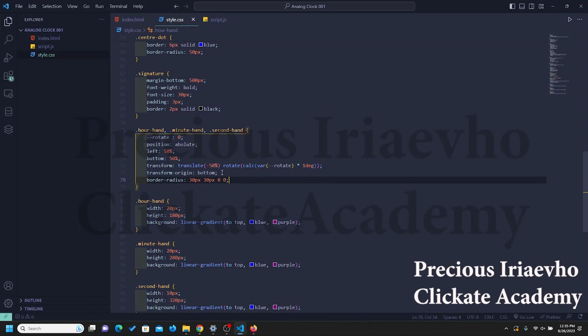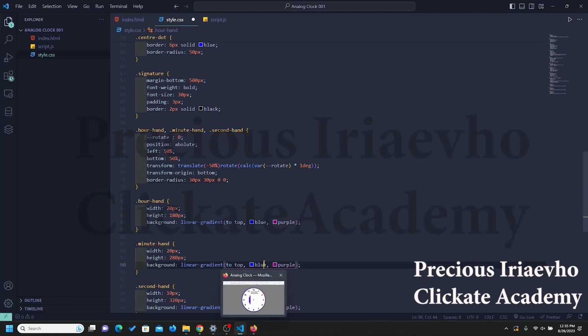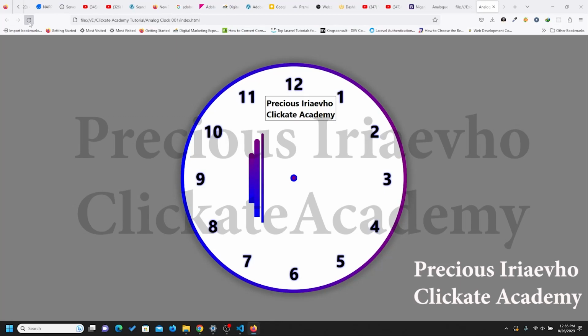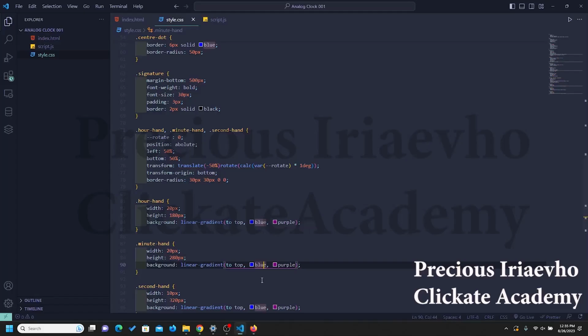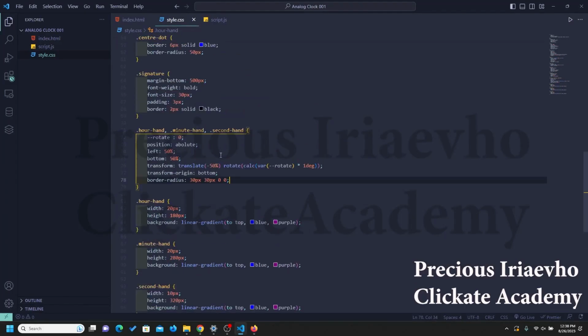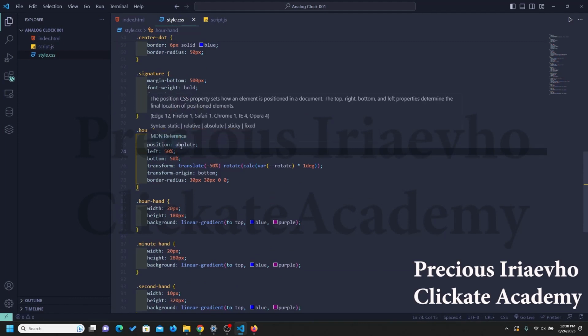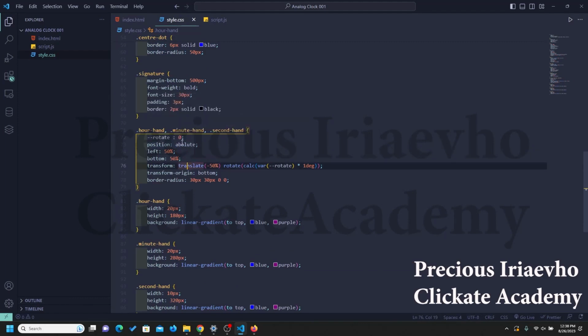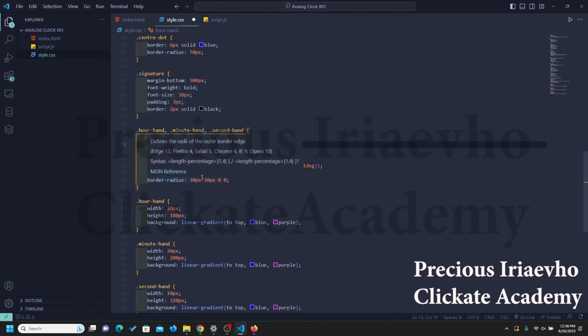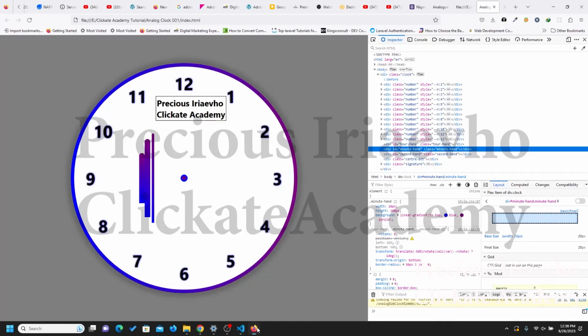So translate minus 50%, then rotate. That looks wrong. Okay, so I can see the problem. I wrote absolutes instead of absolute. So this is supposed to be absolute. Okay, so let's go back